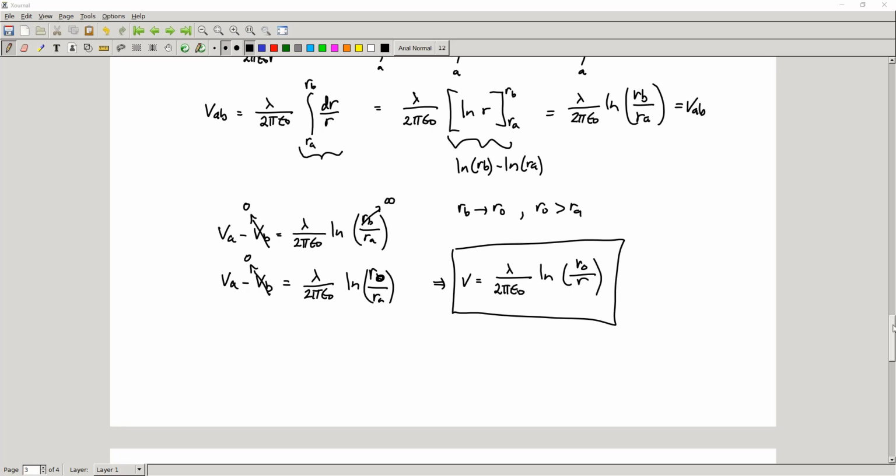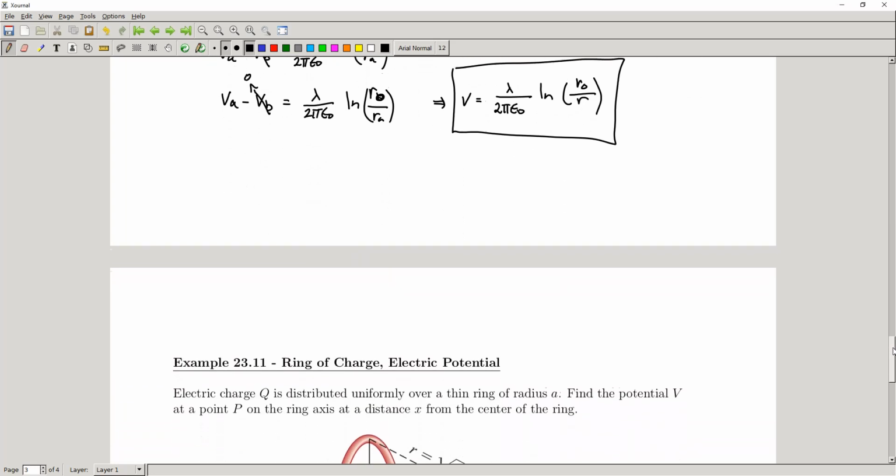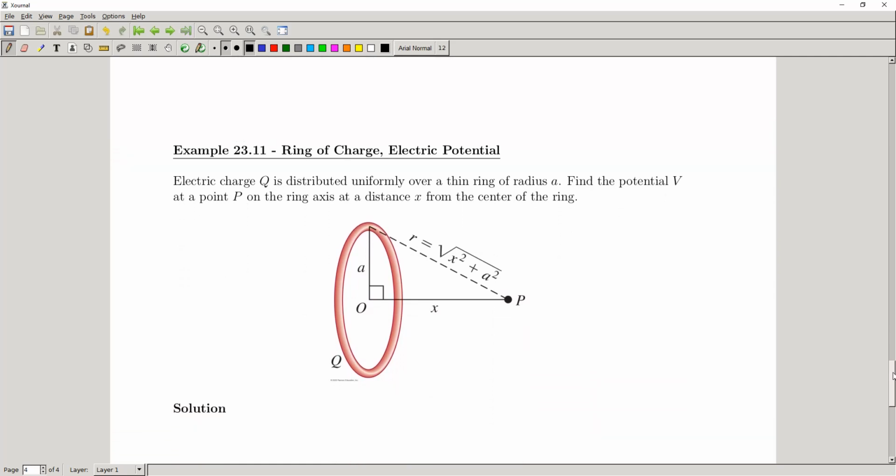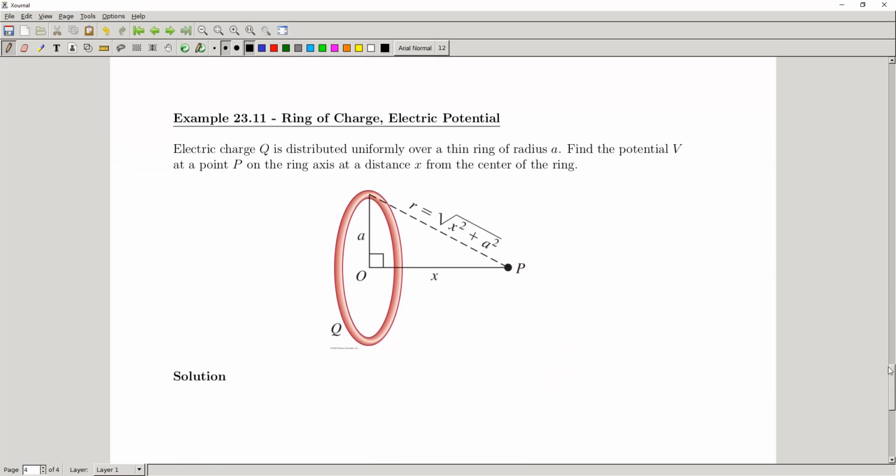Okay, and we can get back to our example. So let's take a look at example 23.11 here. In this example, what do we have? We have an electric charge Q. It's distributed uniformly over a thin ring of radius a. We want to find the potential V at a point P on the ring's axis, a distance x from the